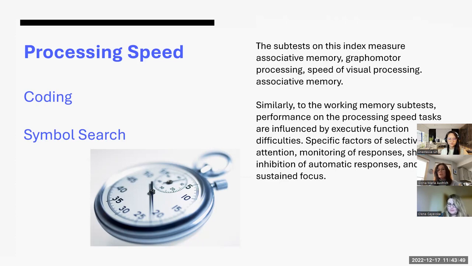So if they scored low in symbol search, maybe that is a child who just needs a lot of repetition, a lot of practice, extended time to process information. Maybe some check-ins at some point, asking did you understand this, or having them verbalize what they're doing, because they're just going to process that information at a much slower pace. And that's just who they are. Like I said, they either have fire under their feet to do it very quickly, or they just have really slow burning embers. And so the processing speed may reflect their approach.